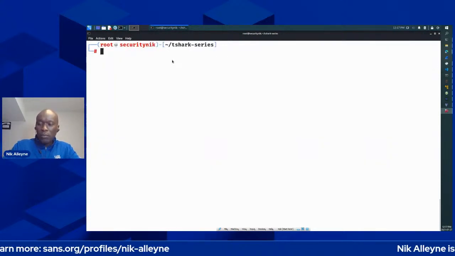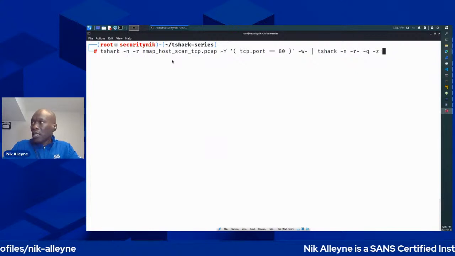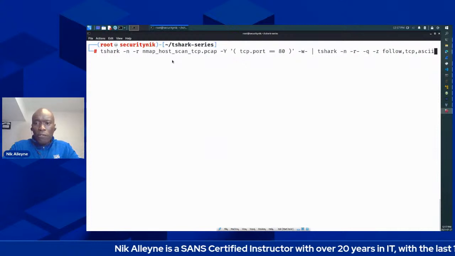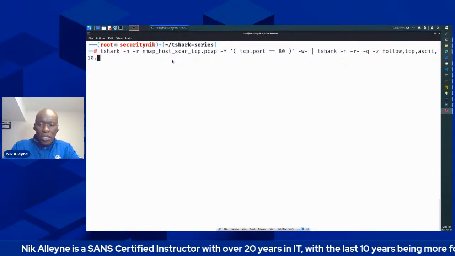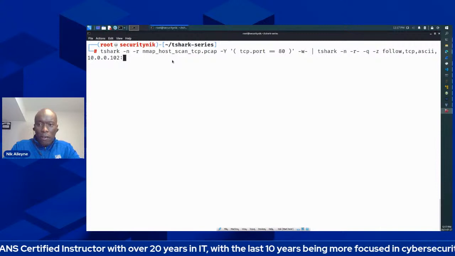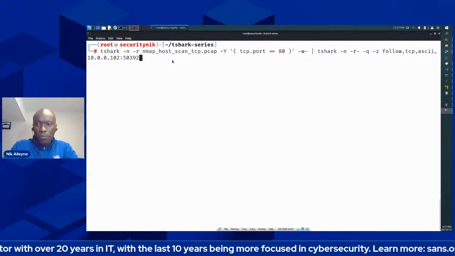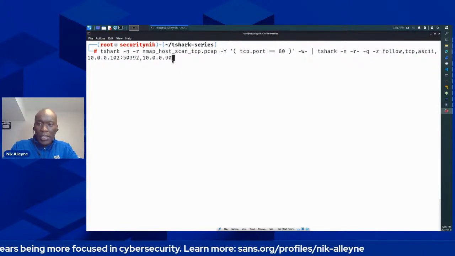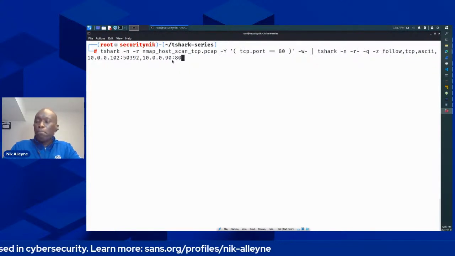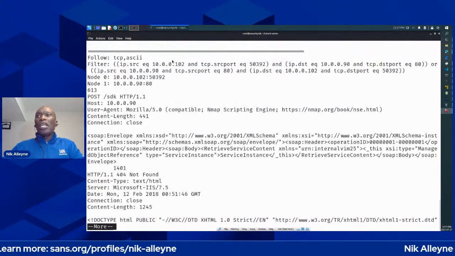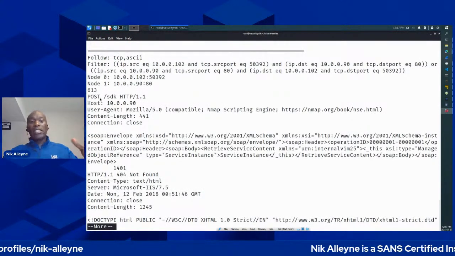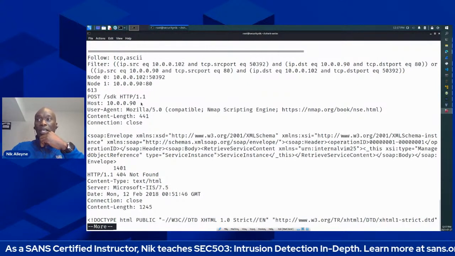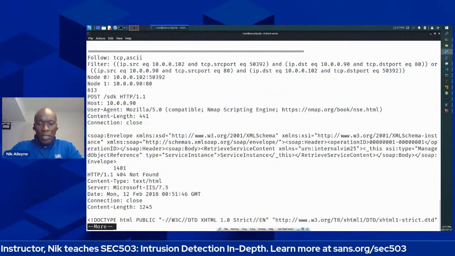So I'll clear the screen, and I will say follow TCP ASCII. And what do we want to follow? We want to follow 10.0.0.102 on 50392, and the other side of that communication is 10.0.0.90 on port 80. Type this into more. And we can see now we have the clear text protocol, the fully reassembled session. We have insights into it right now. So let's now break down this here into,